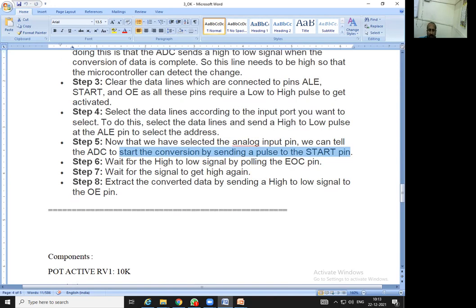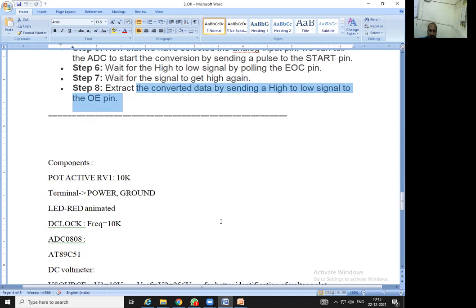And then again after that, wait for the high to low signal by polling the EOC pin, that is end of conversion. When the end of conversion happens, the signal has to go high again, so that the extracted data can be sent to the 8051 by making the OE pin on. Okay, so in this